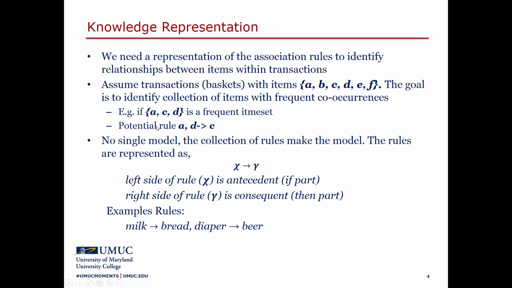Now you can potentially extract rules such as AD leading to an outcome in C from this item set. So the exercise in association mining is, first, you identify frequent item sets, and from those item sets you can potentially extract useful rules that satisfy some level of confidence. Formally, one important thing to note here is the difference between the model we have in association mining